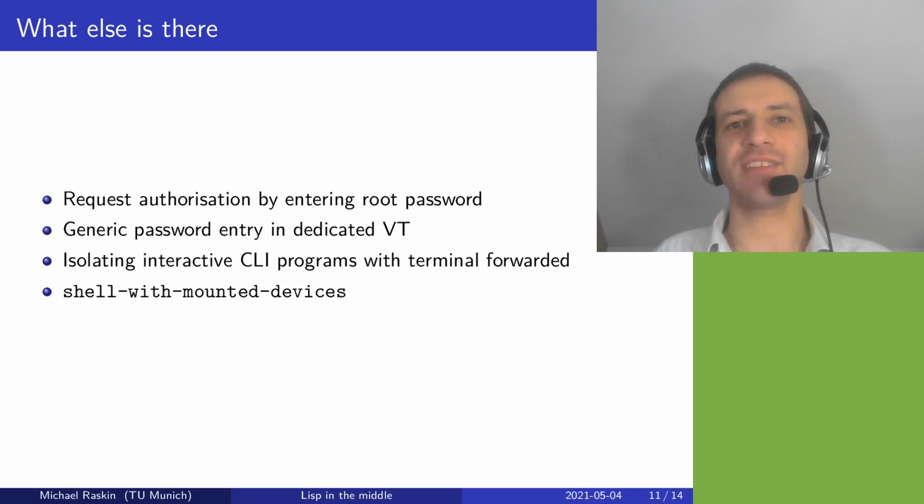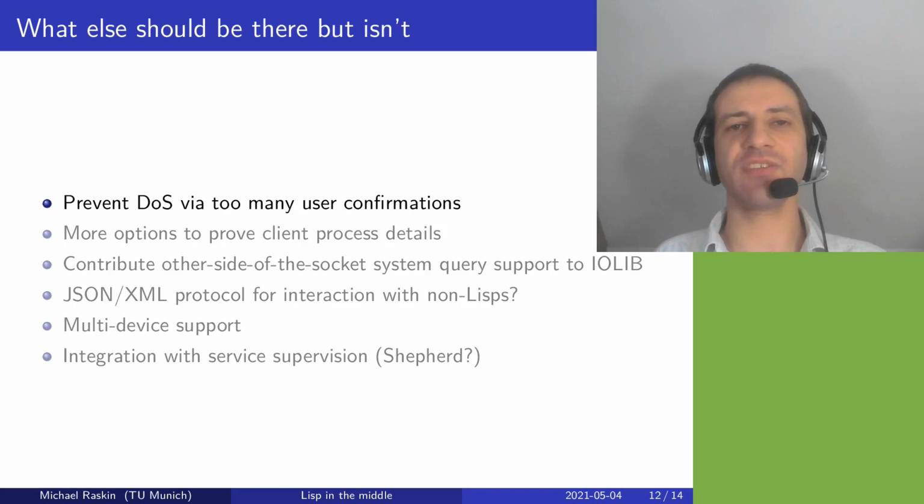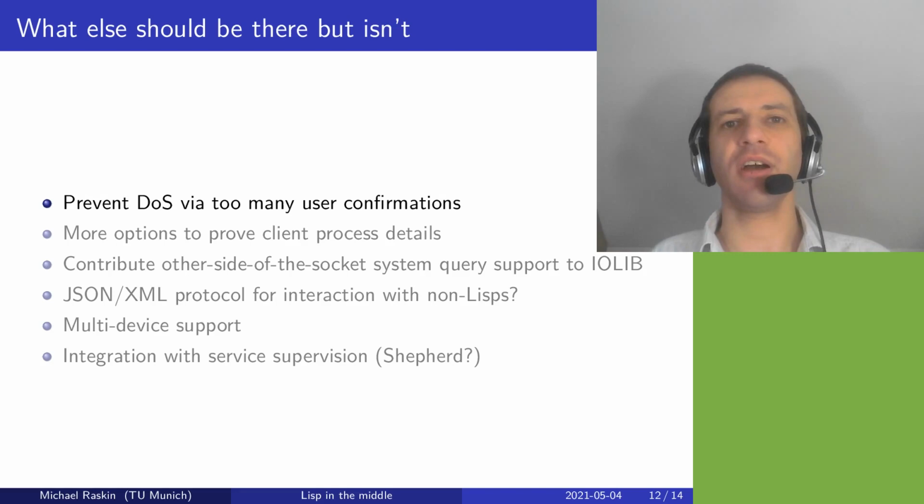But I guess it's pointless to enumerate all the small things that I use. And of course there are some things that should be there, but I never get around to adding them, and they don't annoy me enough, although maybe they should. First of all, of course, if an arbitrary program can force the switch to this special virtual terminal to request user confirmation, this can be used to annoy the user, you can say even as a denial of service attack on the computer. And I have some ideas how to mitigate this, but I haven't yet gotten around to implement